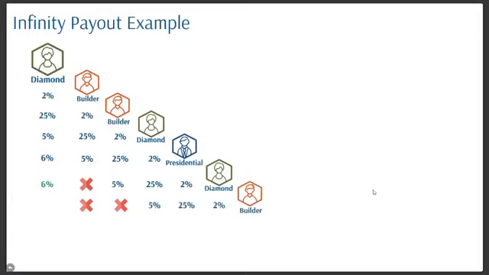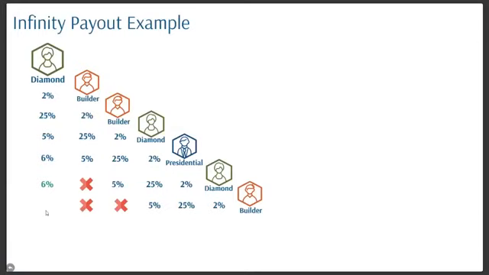Let's build this out a little bit more. Now we have another builder here. This builder, again, is not going to get paid because they've already been paid. We've paid 3 percentages here from that builder that did the 100 LP. Also, this builder won't get paid. So we're looking to pay out that fourth percentage.